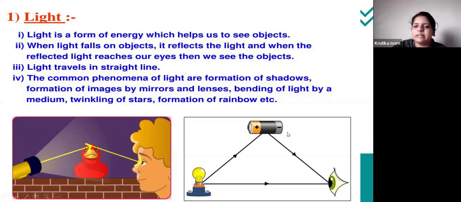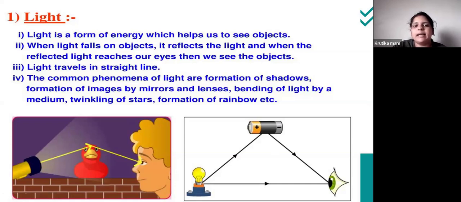So here, this is one figure example. Second, also you can see the example. Here you are able to see that there is a source of light. So there is a bulb, and they have given an electrical connection. So here what happens when that bulb will glow, it will reach your eye, then you are able to see that light. Okay, so this is the second point explanation.